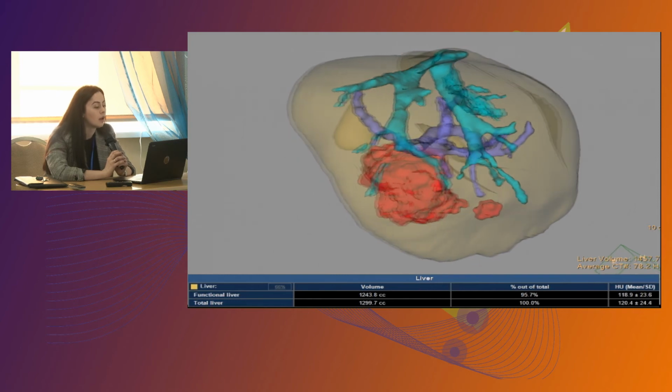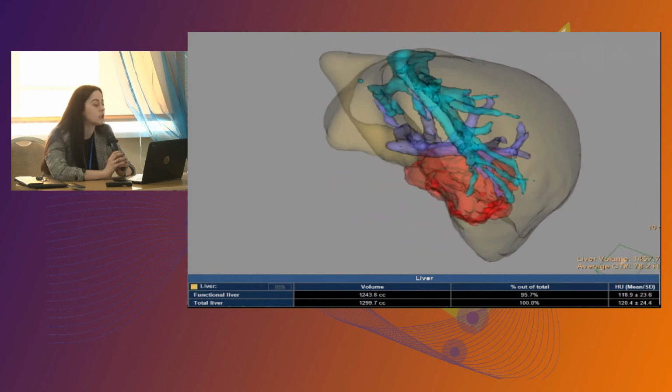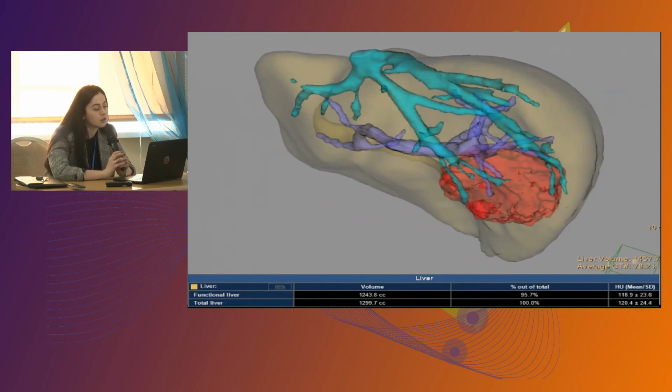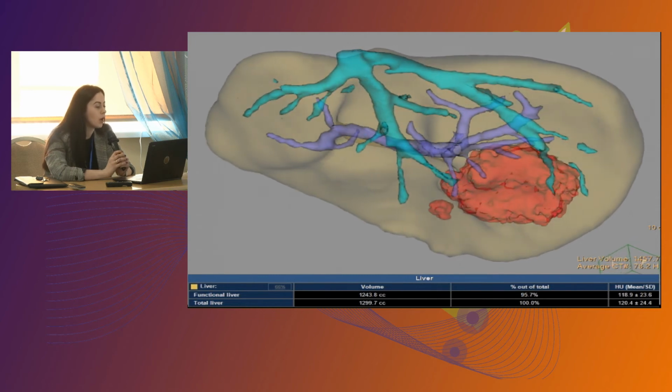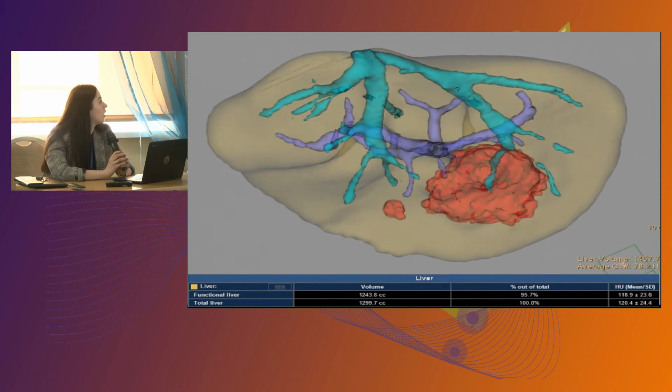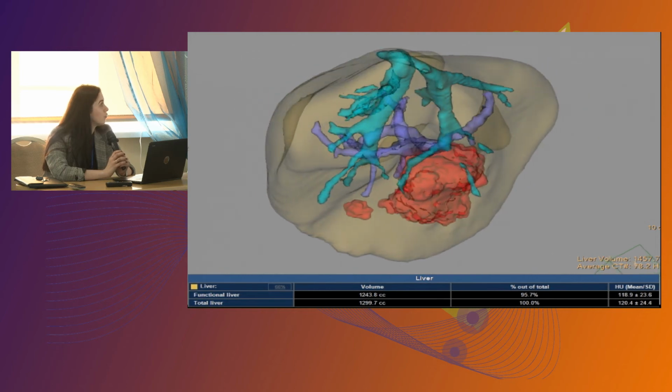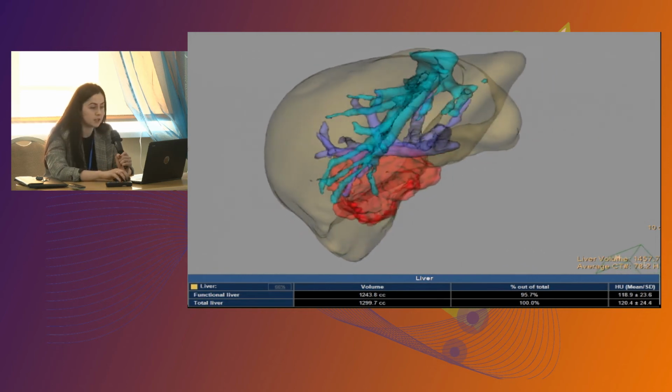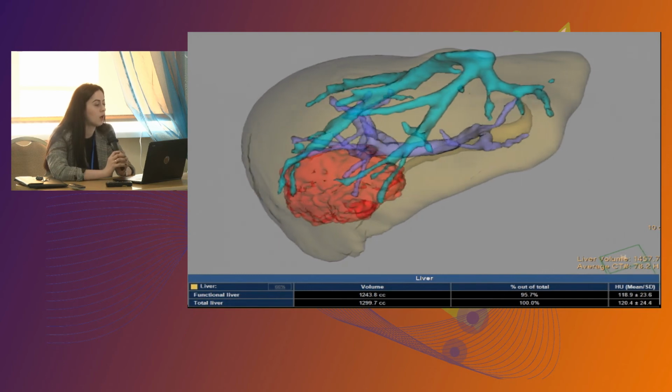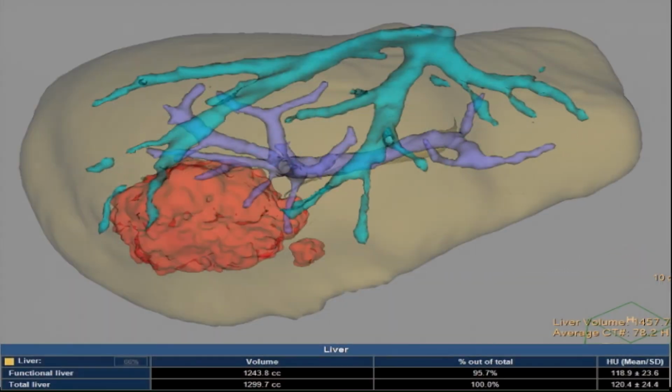In the table below, you can see there are two volumes. It's functional liver volume and total liver volume. And from functional liver volume are already excluded the volumes of lesions and of segmented vessels. I wanted to say that all the